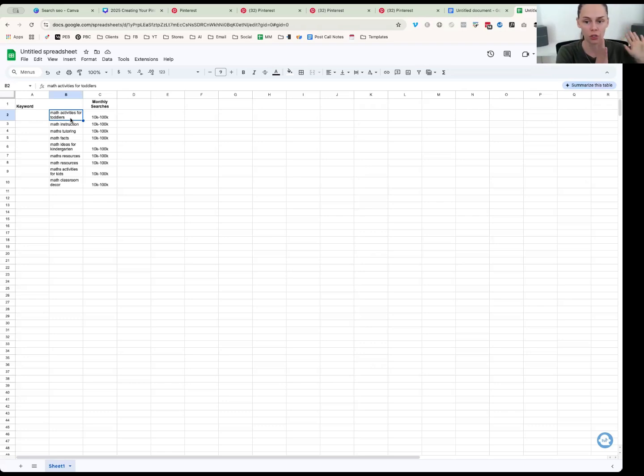So you can target short tail keywords and long tail keywords all at the same time, and then you can make it even longer if you add context for who it's for. Is it for a specific class, teacher, age group, demographic? Like, what is this for? So math activities for toddlers in pre-K. Math instruction for 5th grade teachers. So always add that context when you can. So those are the 3 main ways to find keywords.